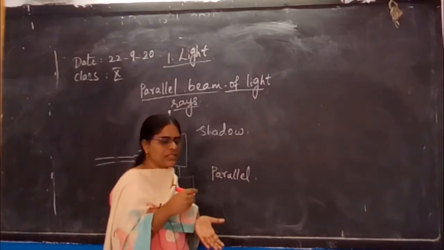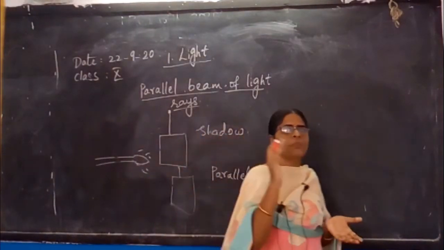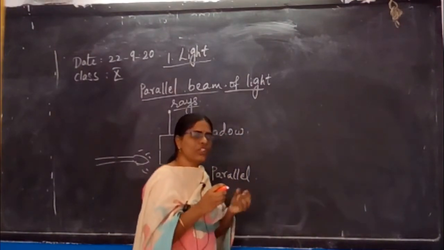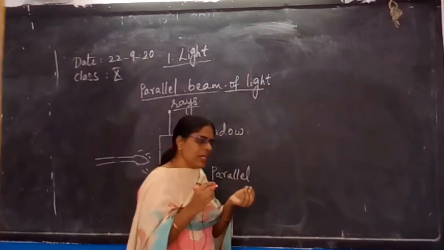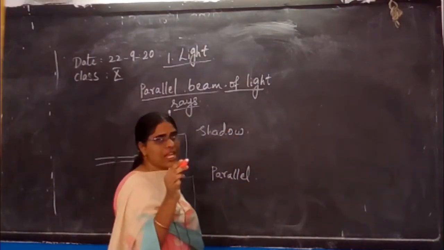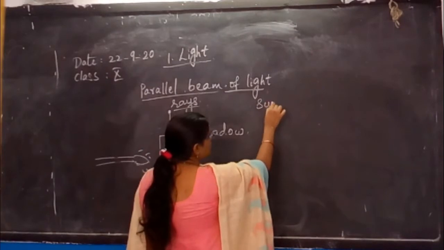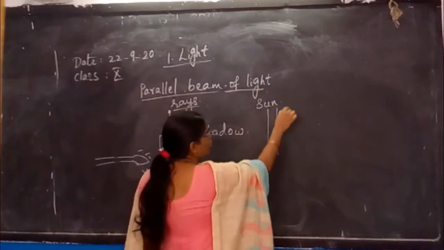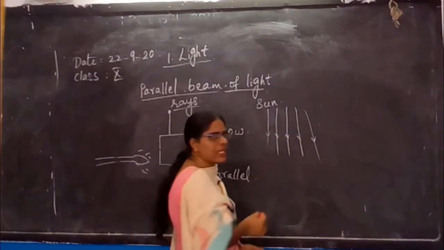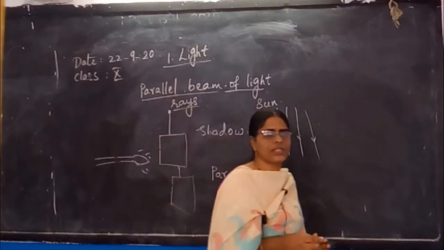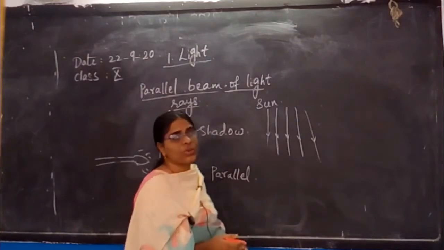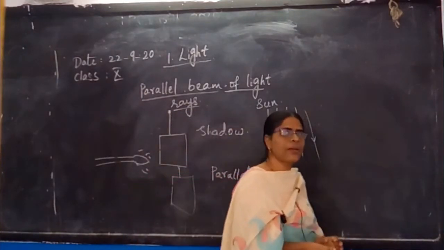Hence, in the activity I told you about, take a magnifying glass and place a paper under the magnifying glass. A number of light rays are falling on the glass. Then your paper will start burning from a certain point. Our sun is at a faraway distance. From the sun, a number of light rays are coming, parallel to each other. When they fall on the magnifying glass, they converge, meaning they meet at a point.